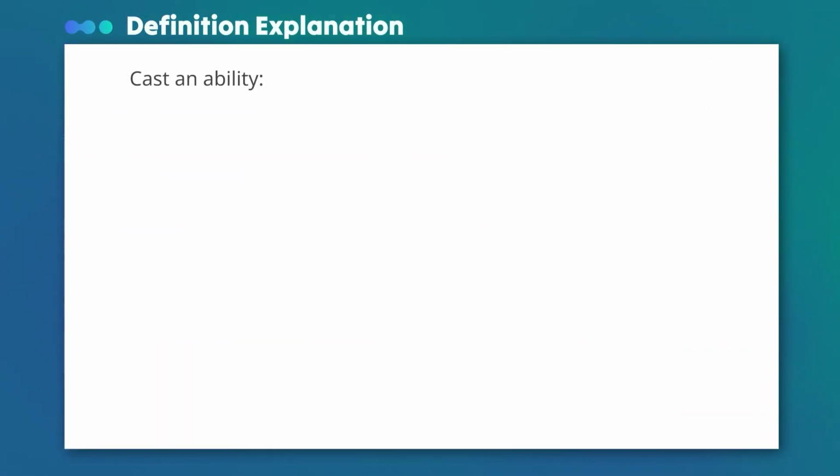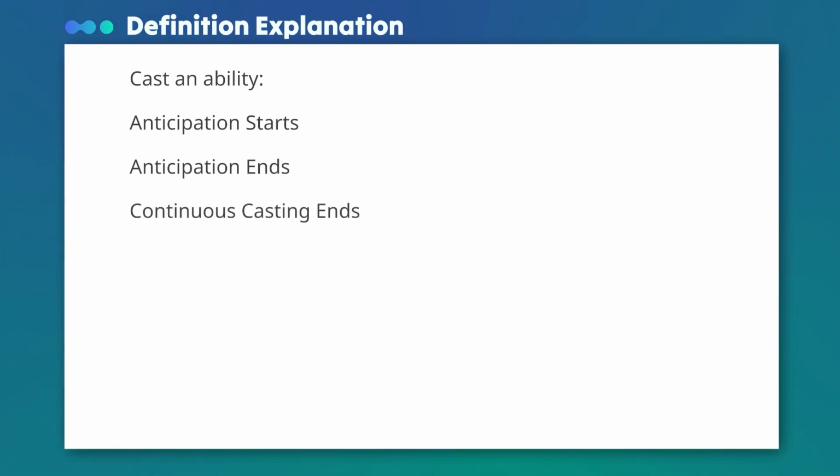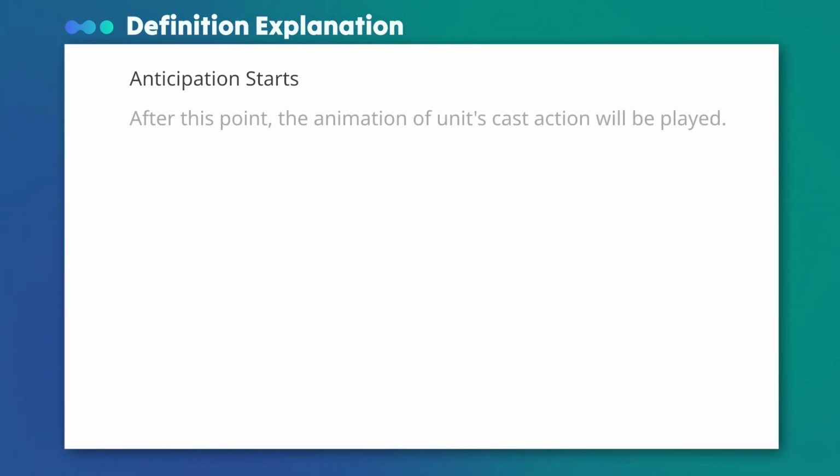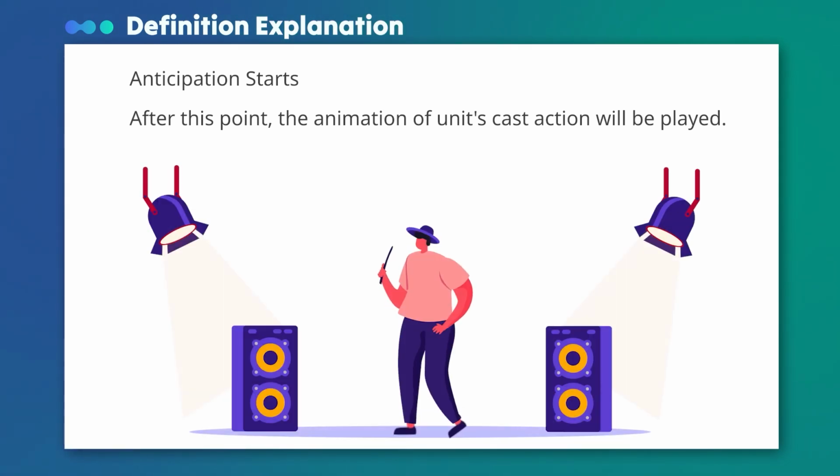First, let's take a look at the three critical points of casting a simple ability. Anticipation starts, anticipation ends, and continuous casting ends. When a unit casts an ability, it usually has a cast action. After the anticipation starts point, the animation of the unit's cast action will be played, such as the magician lifting the